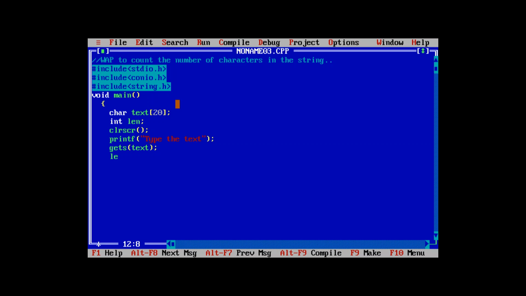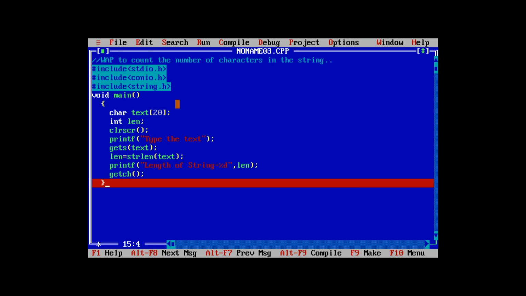Then use len for calculating the length, that is len equals strlen of text over here, then simply use printf, length of a string equals %d, then use len over here, then use getch, and that's it. Now if I compile this code and execute it,